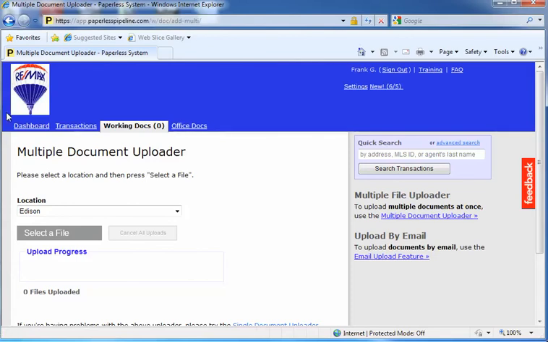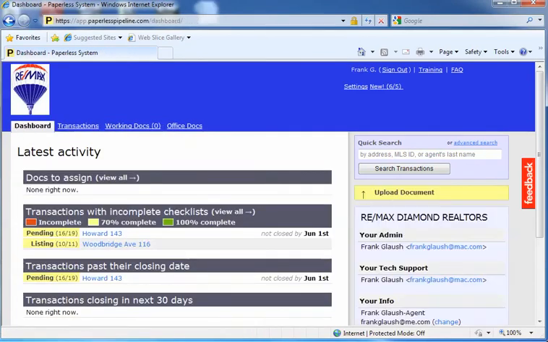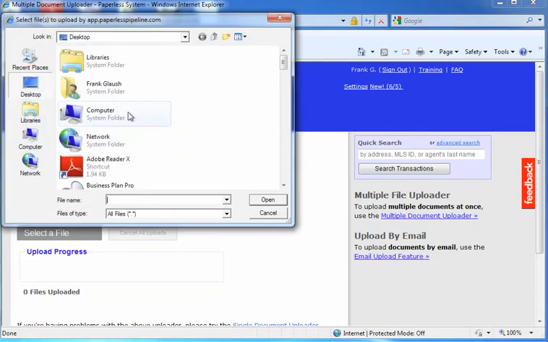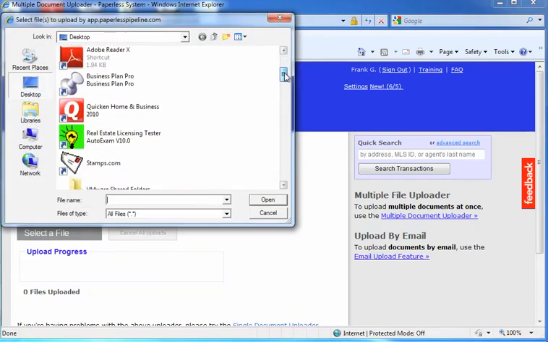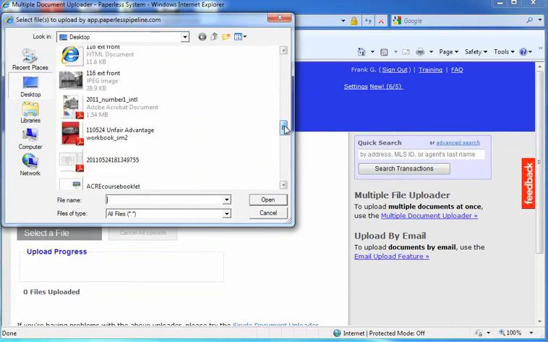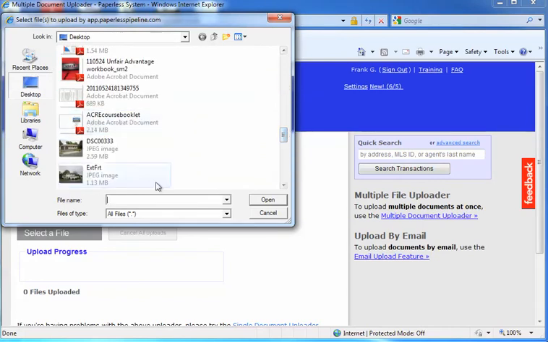Let me go back, under dashboard again, you would hit upload document. Then you would click select a file, and it takes you right to the Windows file structure and lets you pick from any of the folders that you have, or new scans or anything that you have on your desktop. You would choose whatever document it was, hit open, and it will bring it right into